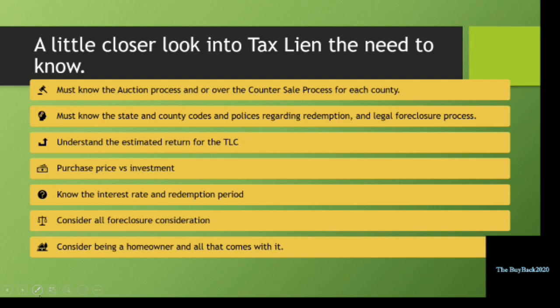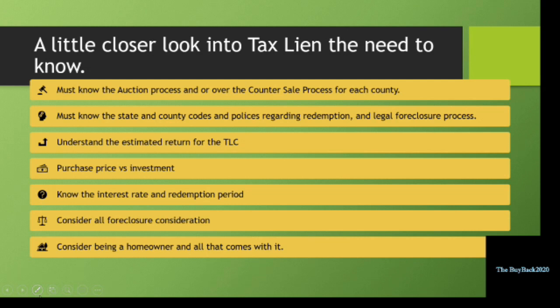Understanding the estimated return for the tax lien. Always have a realistic idea of what you're going to receive back for the tax lien. Understand that you may not redeem the property, but you may just receive the tax penalties on the lien as well as the interest that is due to the investor. Please be aware that each county processes their interest differently, so you must know the difference between compound interest as well as simple interest. We will go over that later on in the modules.